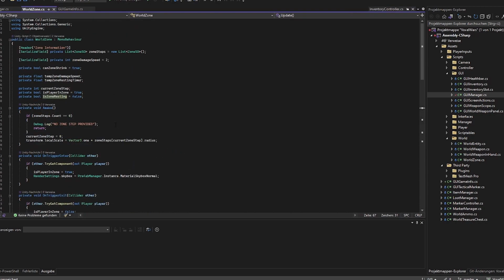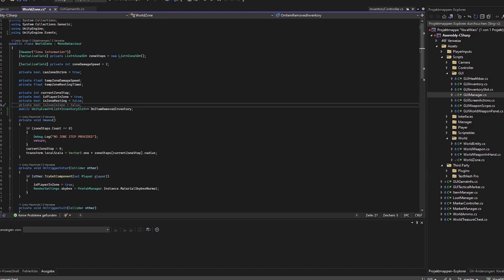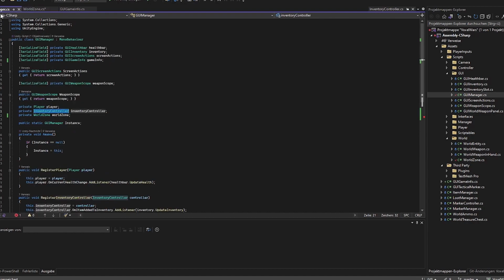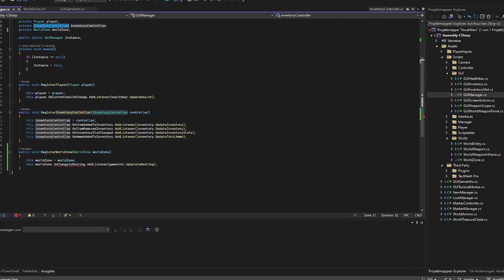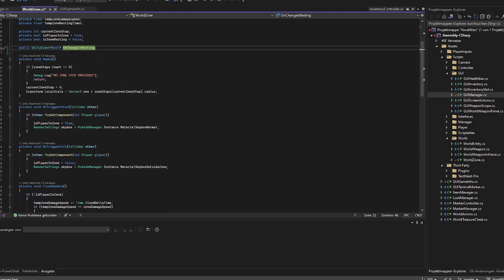So for that, I just copied it, a new event, which is just a boolean, and it should say on change is resting,